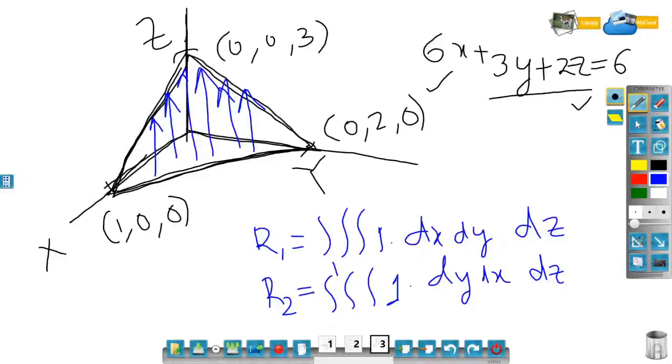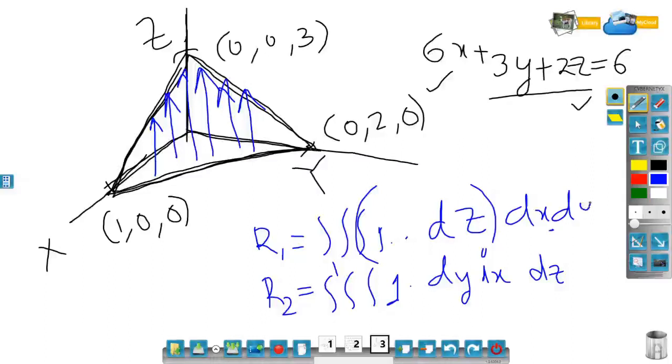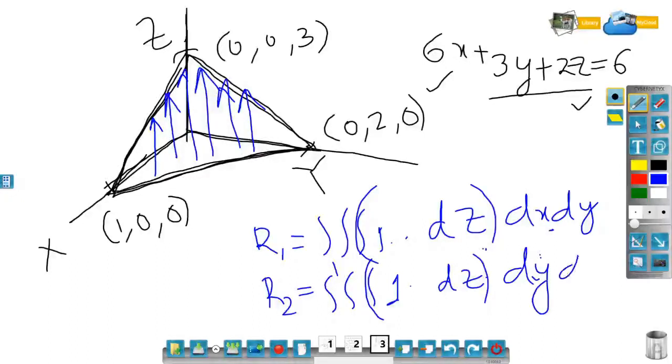So going straight along the z-axis and taking the projection on the xy plane will give me this order. Maybe I need to change the order, because I will be taking first z, then x and y. So I'll write dz first here, then dx dy, or similarly dy dx, where the outer side you will change. So again dz first. I'm not writing the limits explicitly.